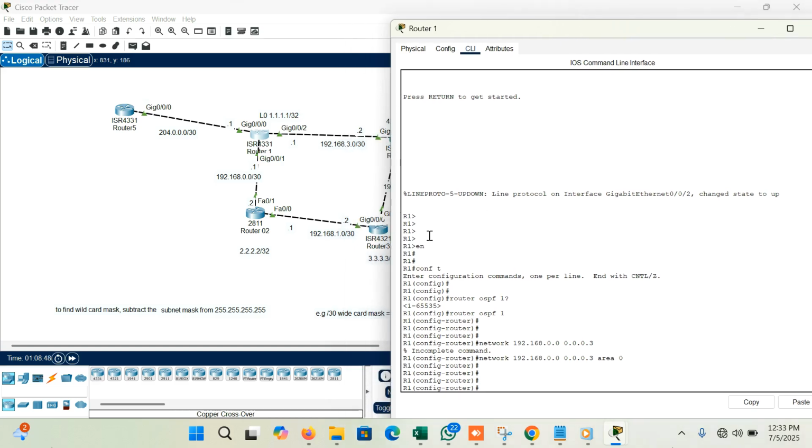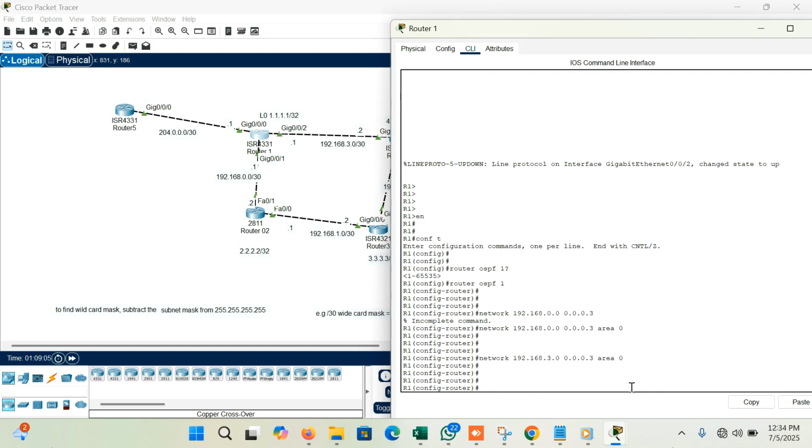So let me advertise it on this network, 192.168.3.0. I will press the up arrow, then change the network section, this .0 to 3. The wildcard mask is still the same, so I will enter. Then there's one more side I need to configure. There is one more network, which is the loopback 0 interface. So I will hit up arrow. The network of the loopback is